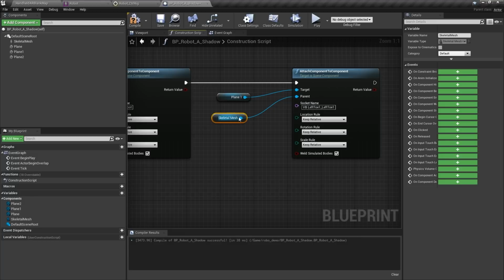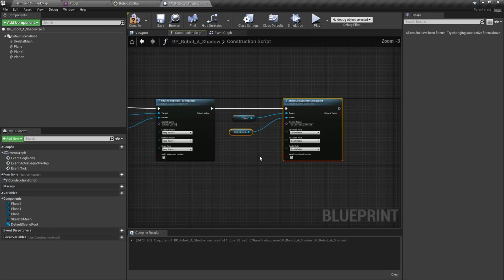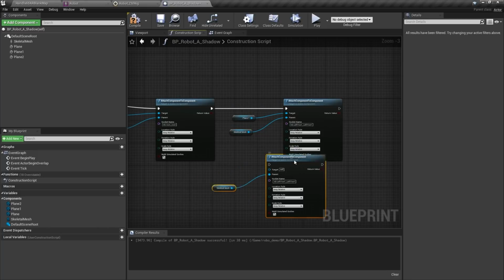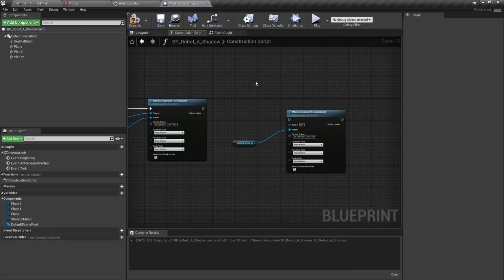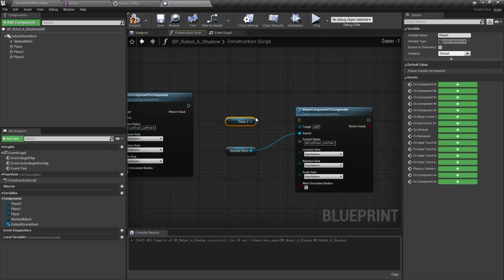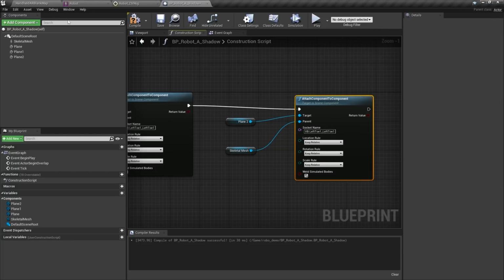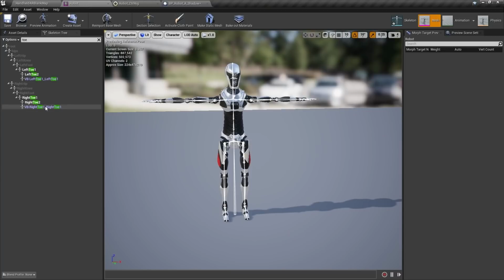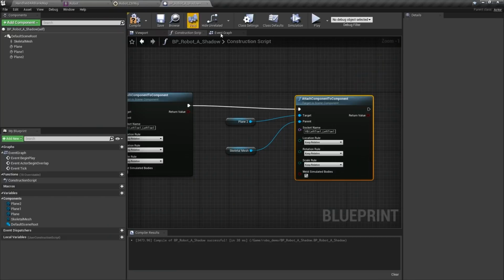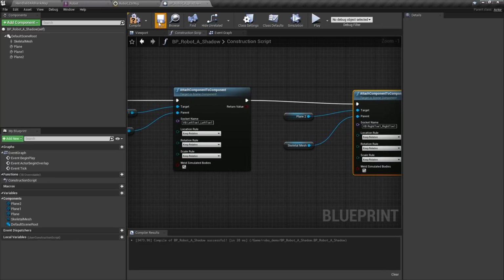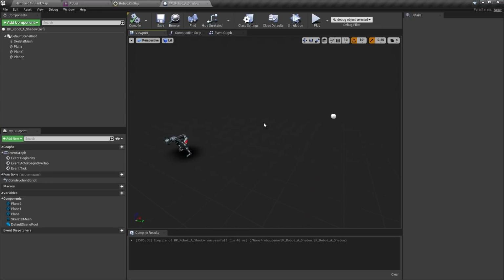And we're going to grab the skeleton mesh and the attached component. We'll duplicate that again with Control W. We'll grab out that third plane and just wire that in very quickly and hook that guy up. And we just need to, again, copy paste the name. So we'll just jump over here, hit F2, Control C, and then change that guy up right there. And with that done, we can hit save and compile and then jump into our viewport.